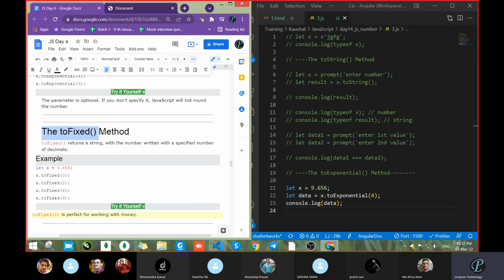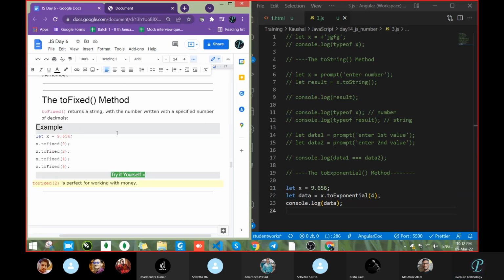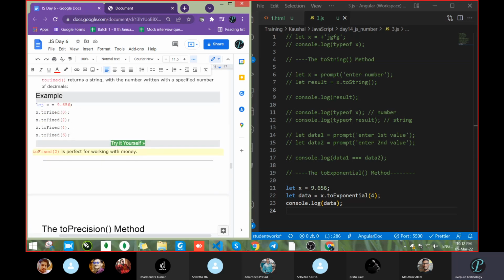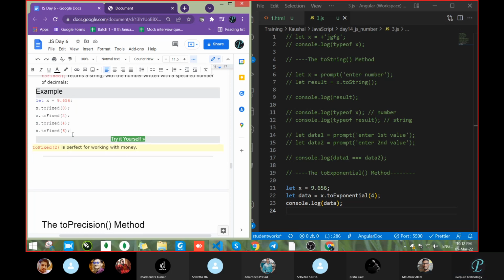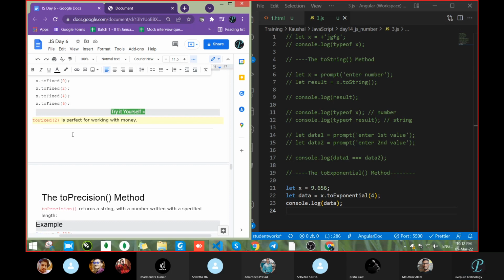Just now we had a look at the toFixed method. It returns a string with a number written with a specific number of decimals. So after the decimal, how many you want, you can pass with the help of toFixed: 0, 2, 4, 6, 8, that way. Anyone having any issue? Tell me. Hello.